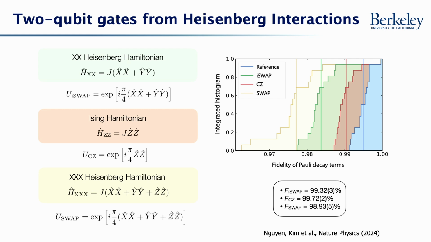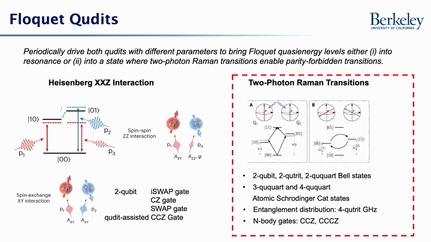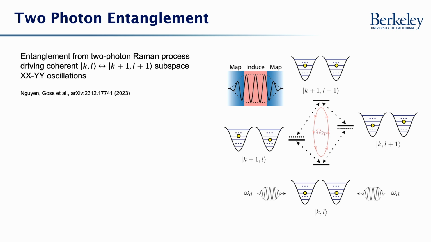Okay, and then the second piece of this Floquet engineering, where we want to complete the toolkit for these interactions in our device, which typically isn't thought of as having the ability to perform these more complicated interactions, is to engineer XX minus YY-like interactions via two-photon entanglement. So the basic idea here is to use essentially a two-body Raman process. So we want to drive some parity-forbidden transition,